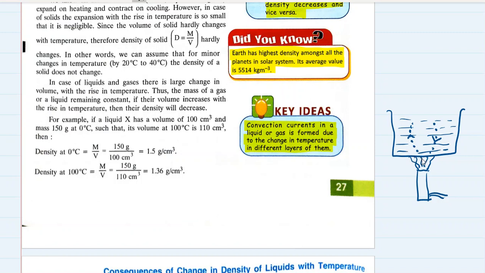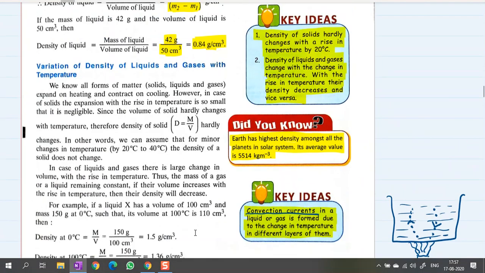Also in gases, of course, land breeze and sea breeze are due to these convection currents. So that is due to the change in temperature of different layers of a liquid when it is heated, or a fluid or gas. Anywhere this is happening, it is a convection current. Suppose you have a glass vessel and you heat the water inside it, you can see how the convection current is setting up. I will share some videos with you which show that.